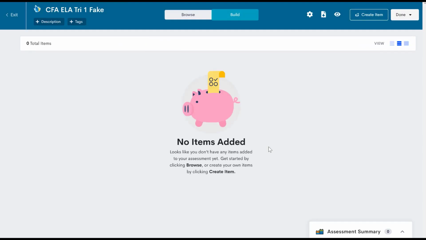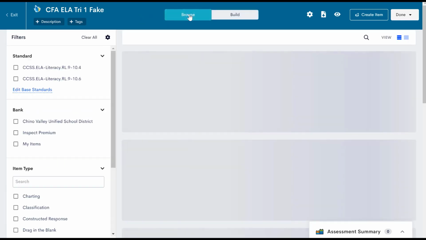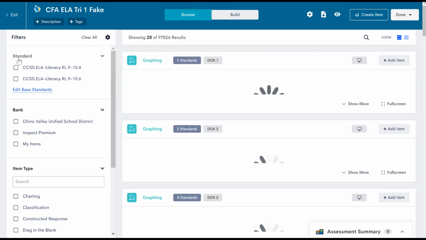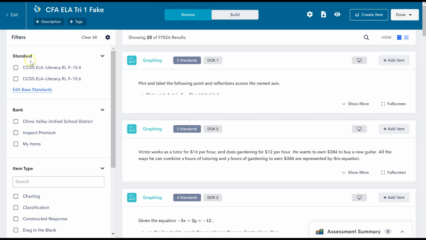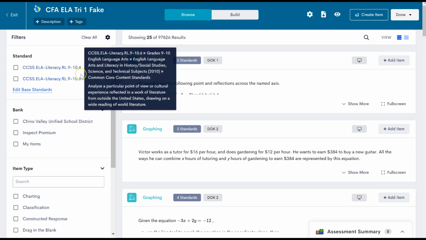It's going to open a nice big page, and on that page there's probably going to be a pig, indicating that you have an empty piggy bank of items. So tap on the word Browse here at the top. On the left, there is a column that opens that should have 4 criteria that you will want to specify in your search. So right now, my standards that I used last time were 10.4 and 10.6 for ELA grades